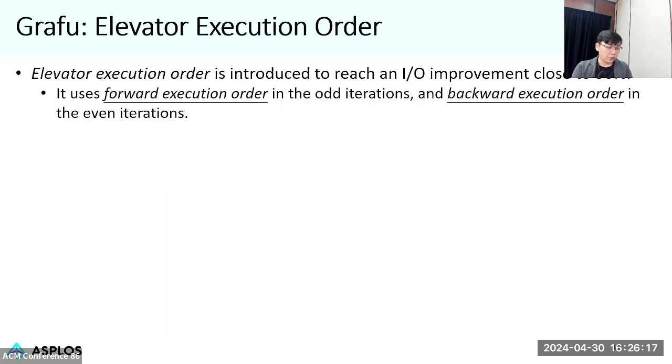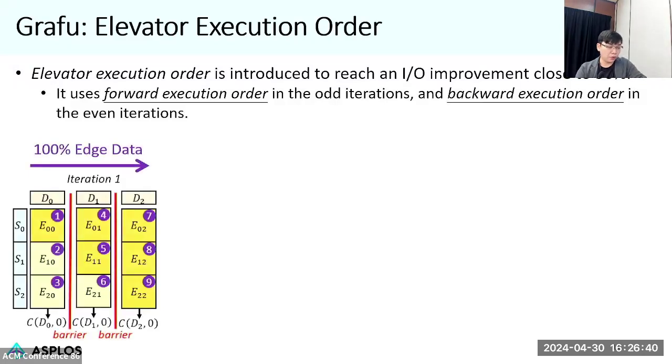Okay, so we first introduce the elevated execution order. It helps Grafu reach the I/O improvement that is close to 50%, which is the optimal value that we just mentioned before. So the basic idea of this execution order is to use the forward execution order in the odd iteration and the backward execution order in the even iteration. So here we show an example of how this elevated execution order works. The purple number in each grid indicates the execution order, and the dark yellow grid means that we can process the grid with the feasibility computation,